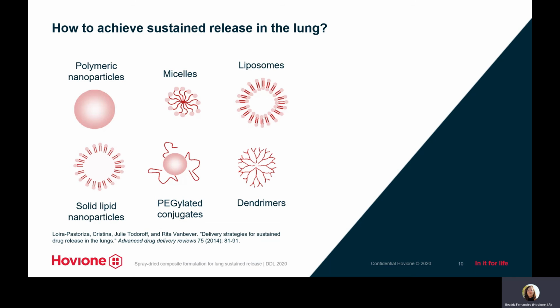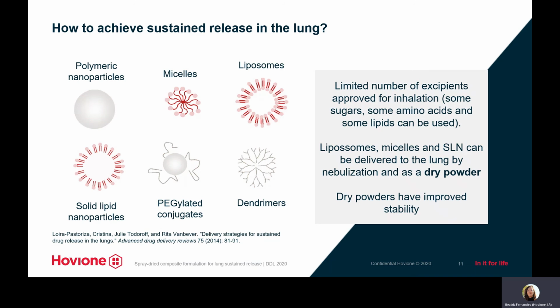Looking at literature, we do have different possibilities. However, there are a limited number of excipients that are approved for inhalation, some sugars, some amino acids, and some lipids. Therefore, we will focus on liposomes, micelles, and solid lipid nanoparticles, which can be developed only with the excipients that are approved for inhalation. And this can be delivered to the lung by nebulization, but also as a dry powder. And since the dry powder has an improved stability for these types of structures, this really seems like the optimal